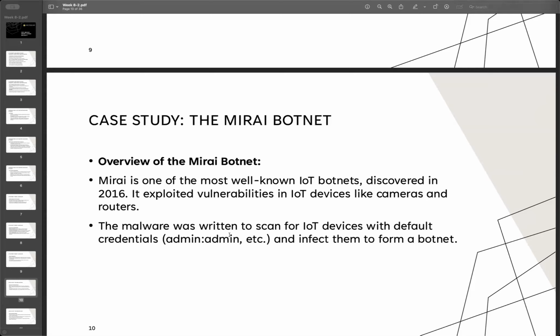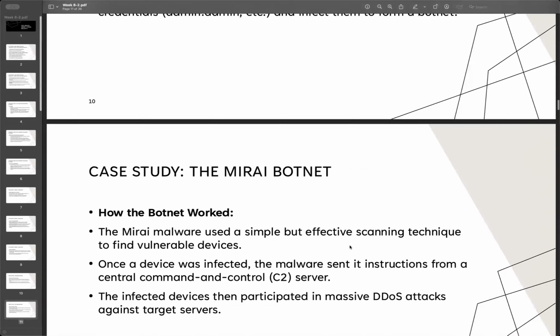The malware scans IoT devices with default credentials, sometimes admin and admin, or 12345678, like this, and then tries to infect them to form a botnet. It's pretty easy, especially when ports like port 80 or SSH port 22 are open.